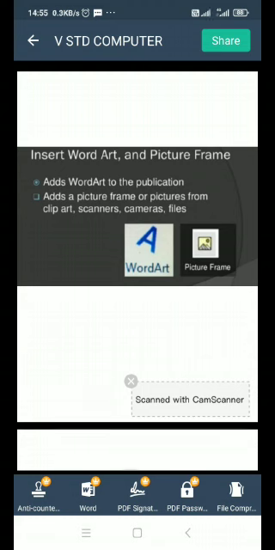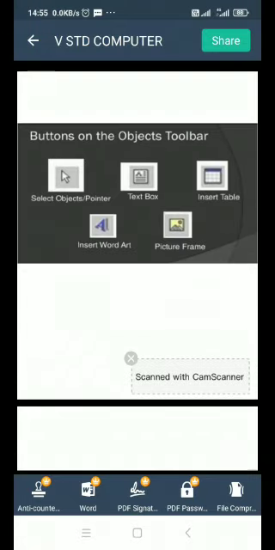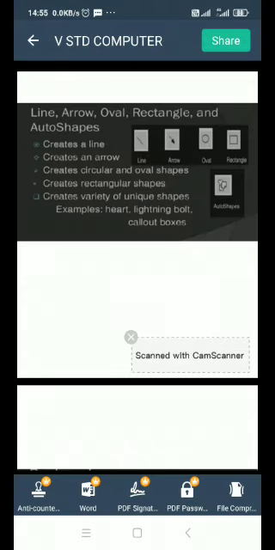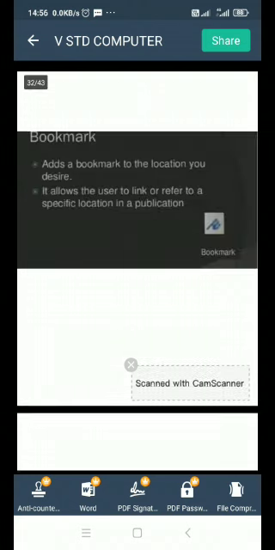It is used for word art, adds word art to the publications, and picture frame is used to add pictures from clipboard, scanners, cameras, files. And we see the pictures, buttons on the object toolbars. And we see the pictures, line, arrow, oval, rectangle and auto shapes. We see the pictures, all the shapes.